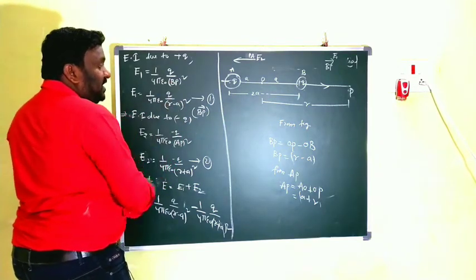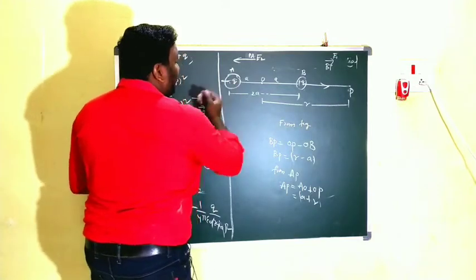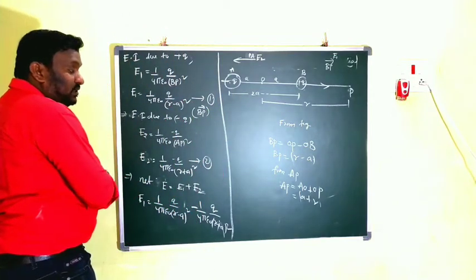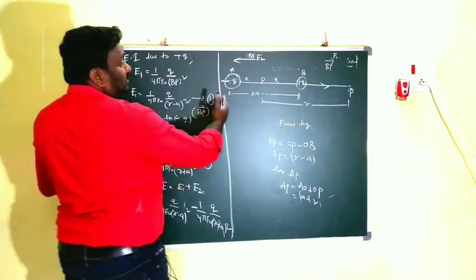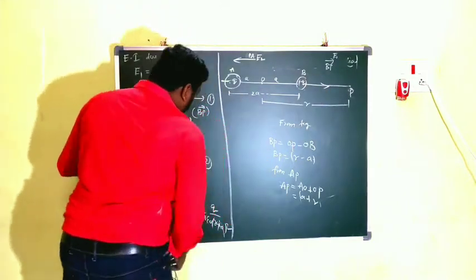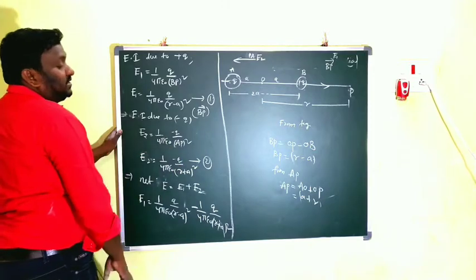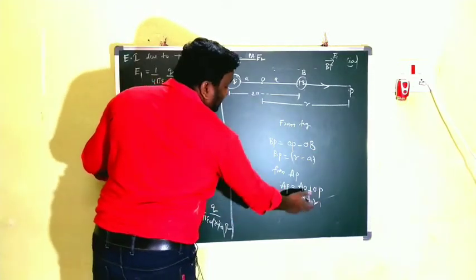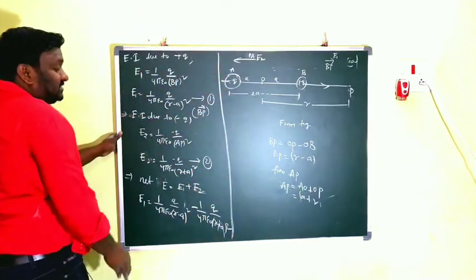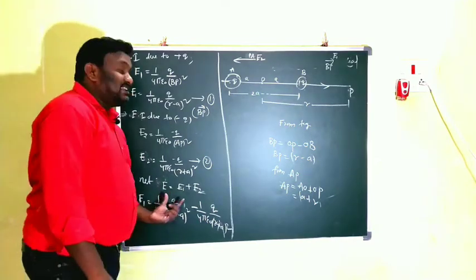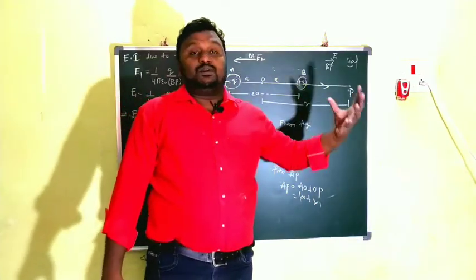We substituted. Next, the electric field intensity because of minus q. Distance is AP. That is why I am writing 1 by 4 pi epsilon minus q by AP square. AP value from the figure is A plus R, R plus A. We substituted. Then after that we are writing the resultant intensity. I previously explained what that is.